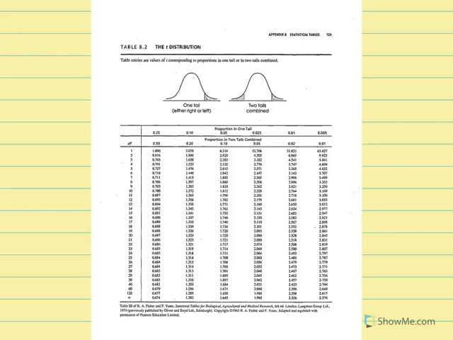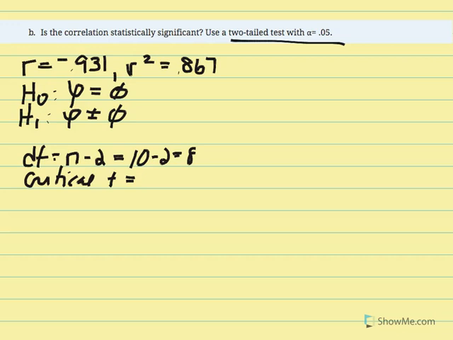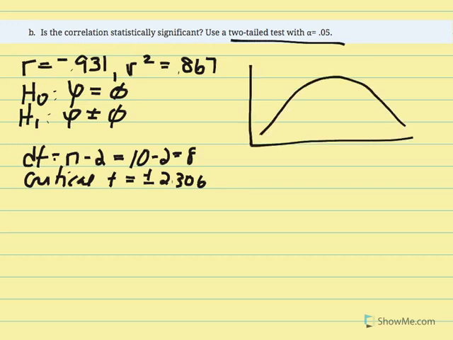So here's our t-table. We have degrees of freedom of 8, two-tailed test at 5%. That's here. I'm going to see where those intersect, and we get a critical T of 2.306. So our critical T, given the values of our table, is positive negative 2.306. So we can visually